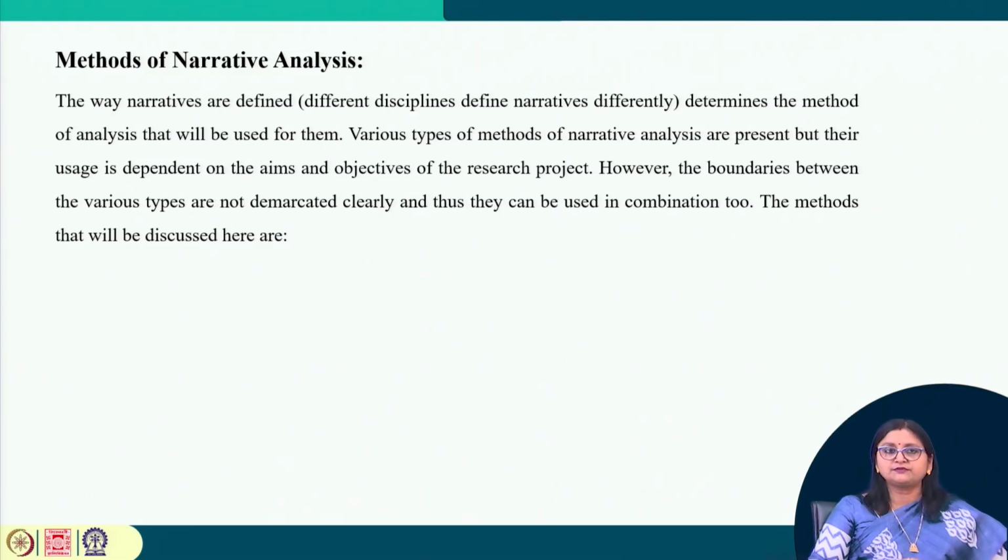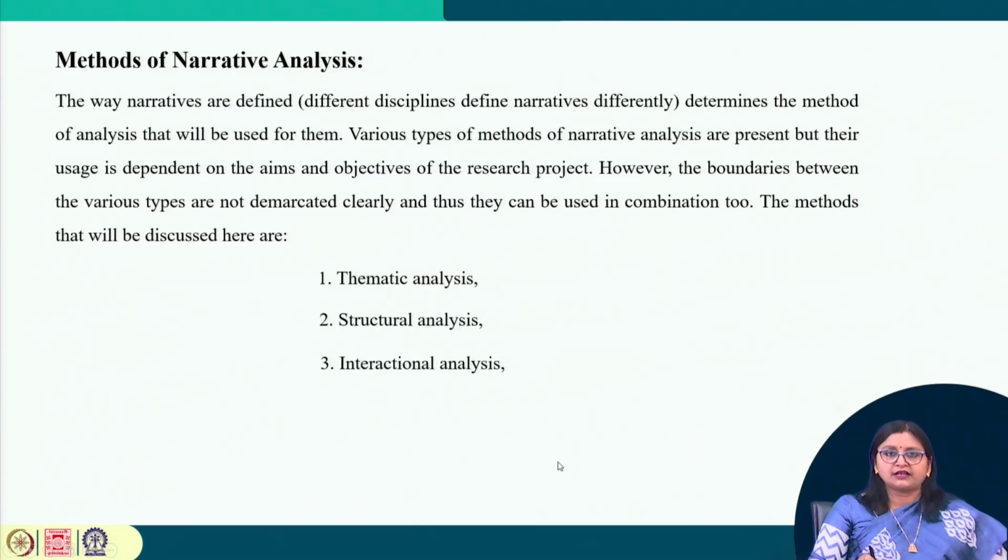However, the boundaries between the various types are not demarcated clearly, and thus they can be used in combination too. The methods that will be discussed here are thematic analysis, structural analysis, interactional analysis, performative